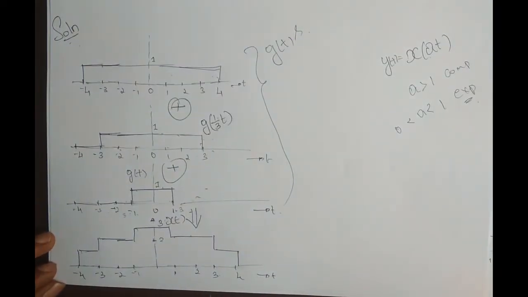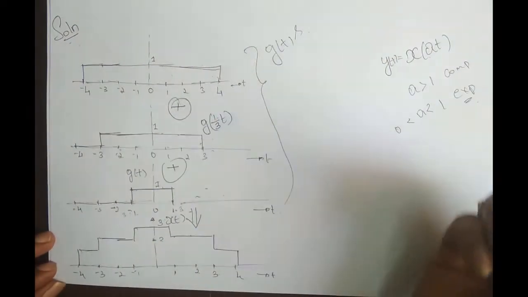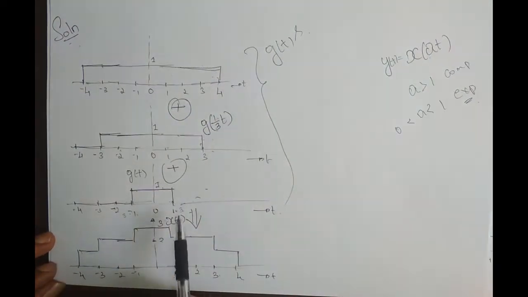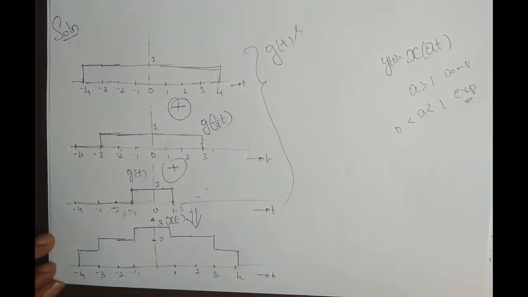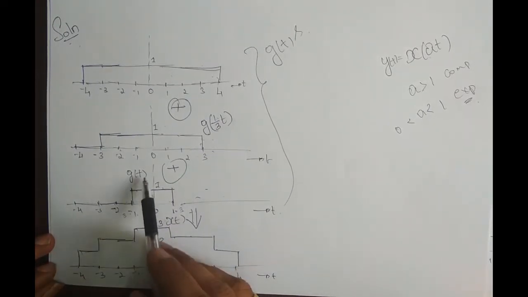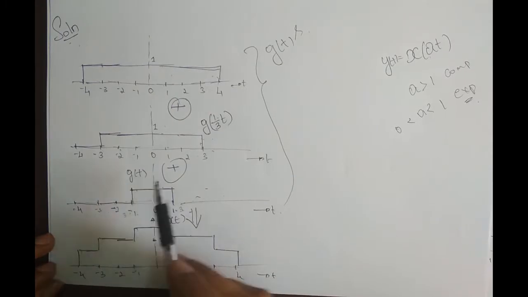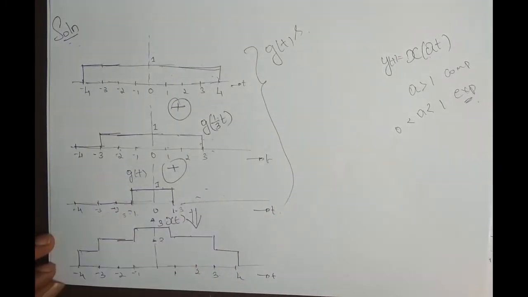Okay, so how is it? Because I have to multiply the inverse of a. Since a is 1 by 3, what is the inverse of 1 by 3? Which is 3, and if I multiply 3 everywhere, this goes to 3 and this goes to 3. Fine. So everything has to be in terms of g of t. That's why I just took g of t as a reference.